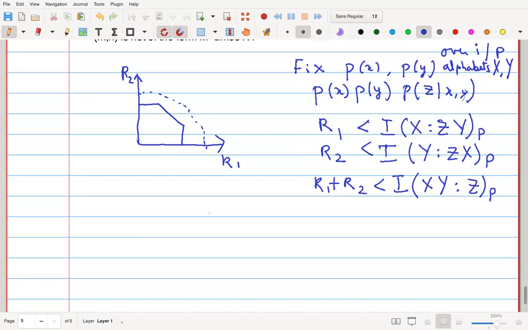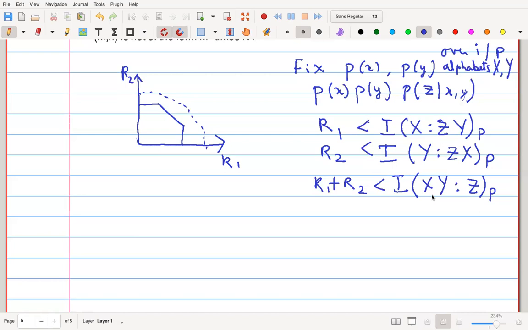So first, let us understand what the bound on the sum rate is saying. This should be intuitively very reasonable to you, because let us say Alice and Bob get together. They're supposed to act independently, but let us say they get together and decide to do a joint encoding of their message pair. Then what is the best rate that they can achieve? It will be the mutual information of X, Y.